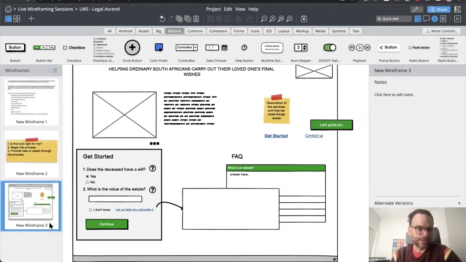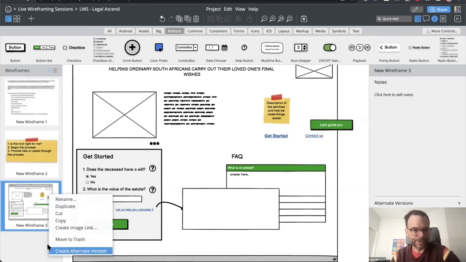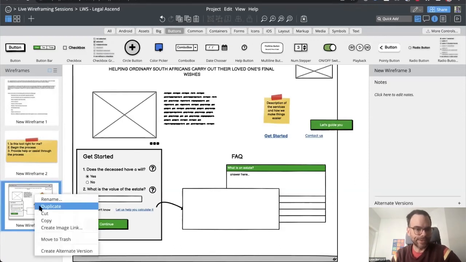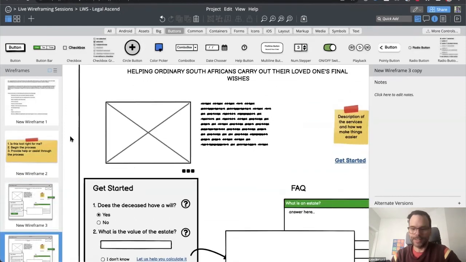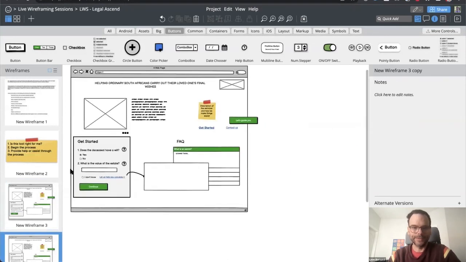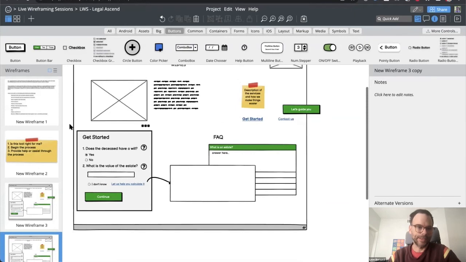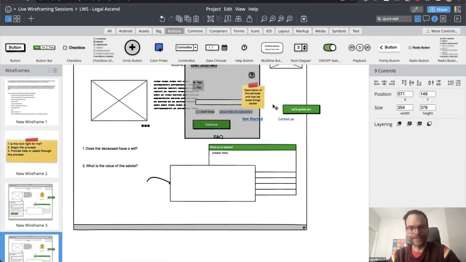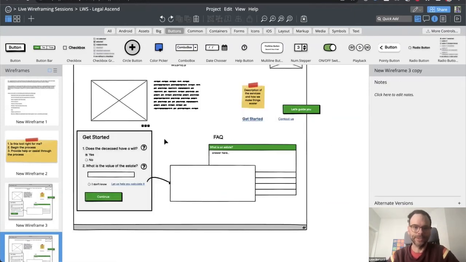There's a feature here to create an alternate version, or sometimes it's easier just to duplicate this and say, okay, I'm going to leave that one because I don't want to remove anything I did before, and now I'm going to start the next iteration and move all this stuff up here, for example.